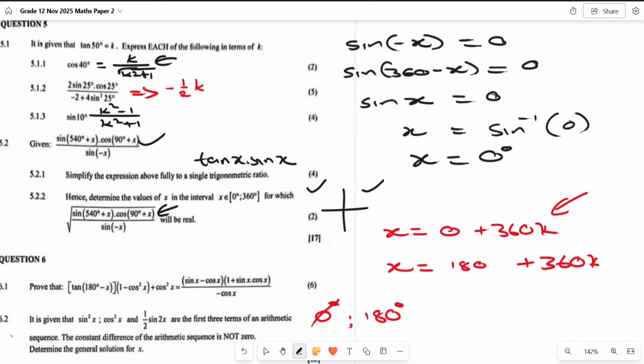Okay, so in this place here, if we put 1, it means that we're going to have x is equal to 360. That can work because that is part of the restriction. So we can also have 360, right? And also if we put minus 1 over here, that is going to be 180 minus 360, and we don't need that because we're only starting from 0. So these are actually going to be our answers,